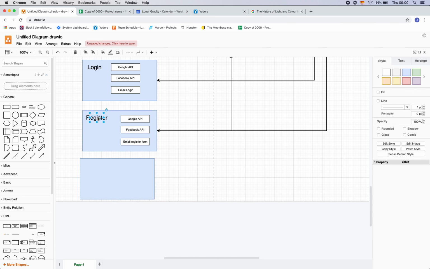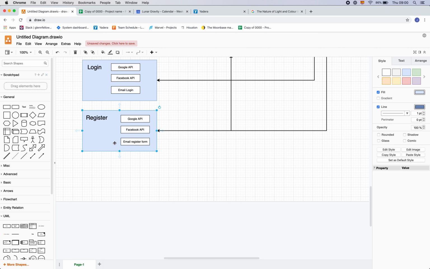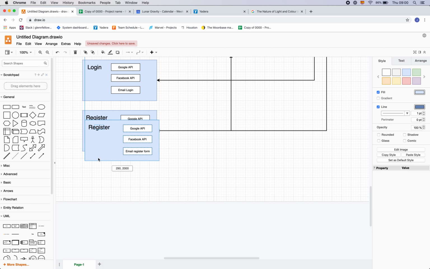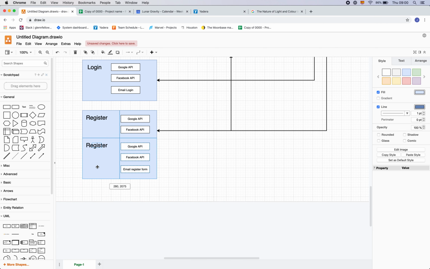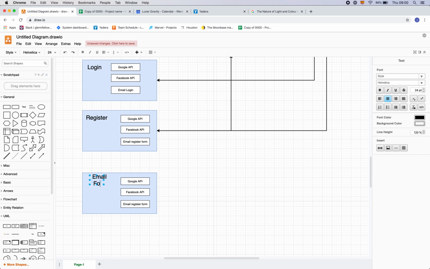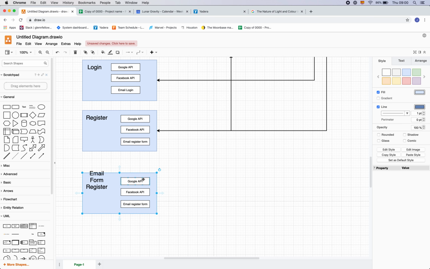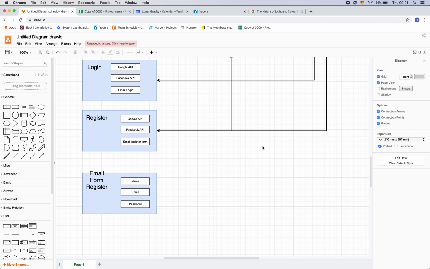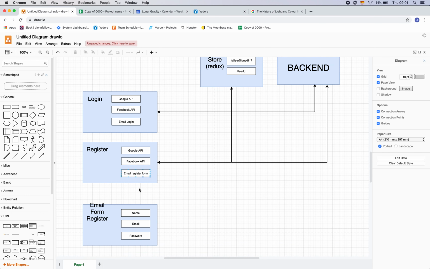And if we want to create something new here, for example, the email registration form, we just add it to the architecture, and voila, email form register. Here, let's say that is name, email, and password. So yeah, this is, and yeah, when the